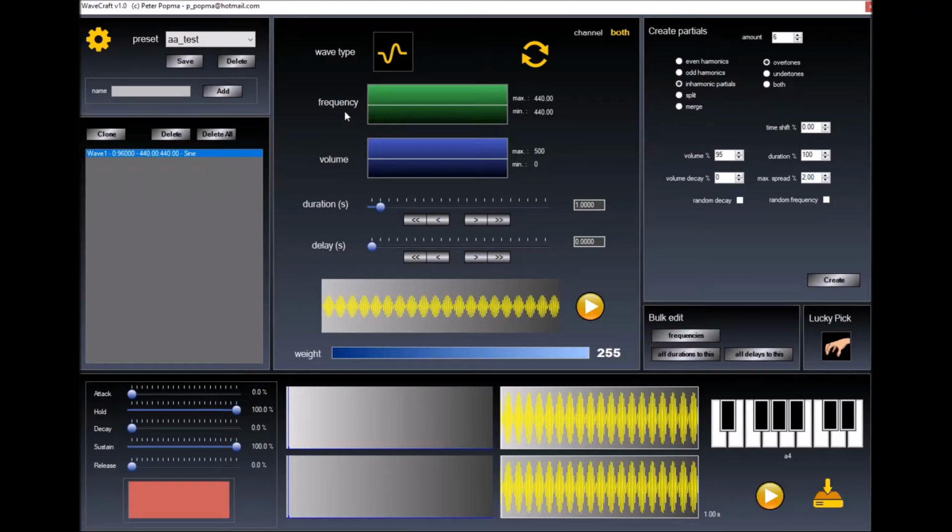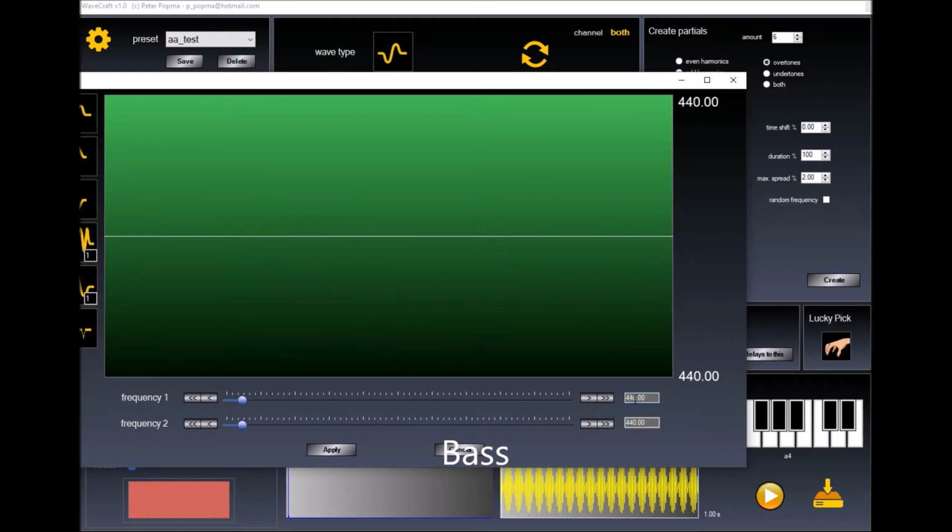Today we're going to create a song by only using Wavecraft instruments, and we're going to create all instruments from scratch. Let's start with a bass. A bass has a low frequency. Let's say 120 to 130 Hertz,